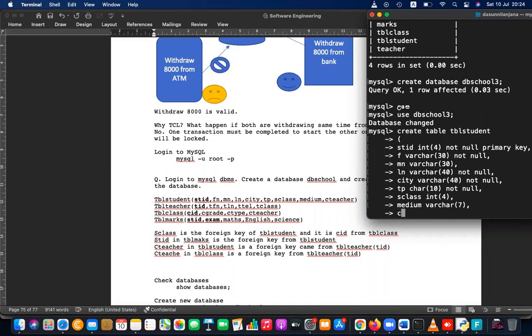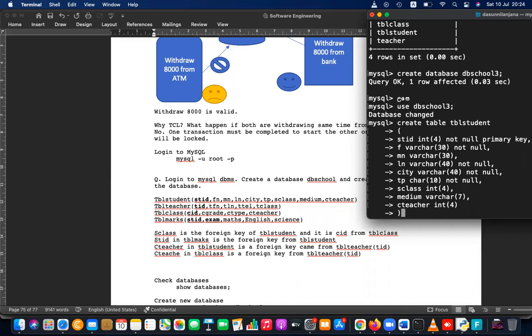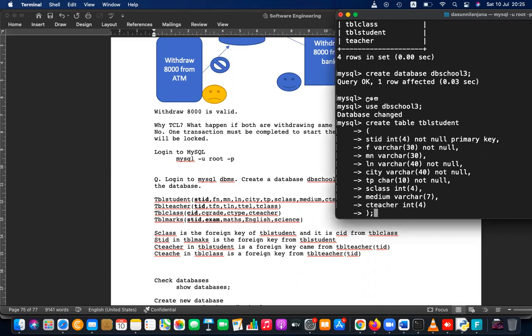C teacher, also a foreign key, INT. I use INT4 for all foreign keys, and for the primary key too, because I'm going to use the same kind of primary key in the other tables. After that, I can press the semicolon and finish this.